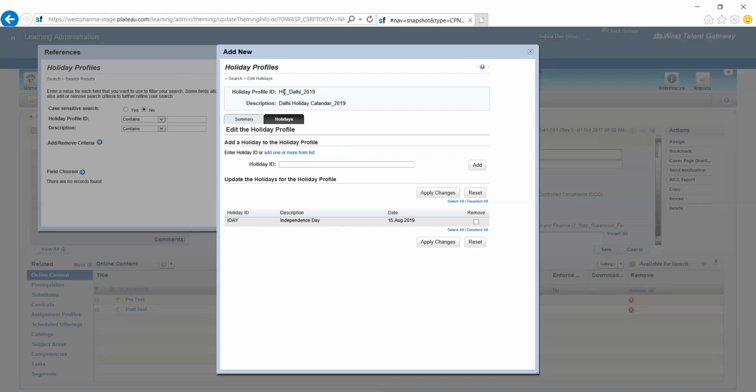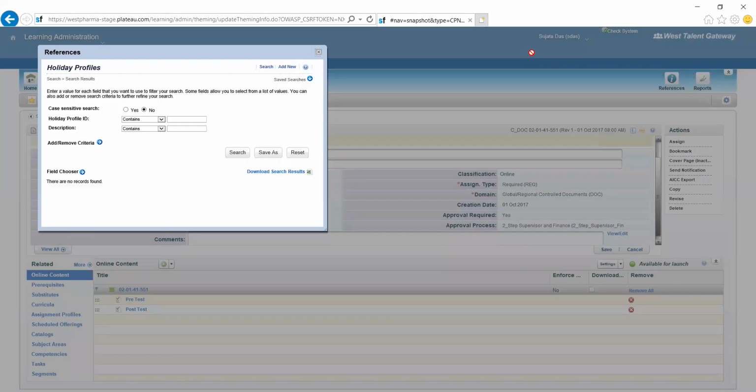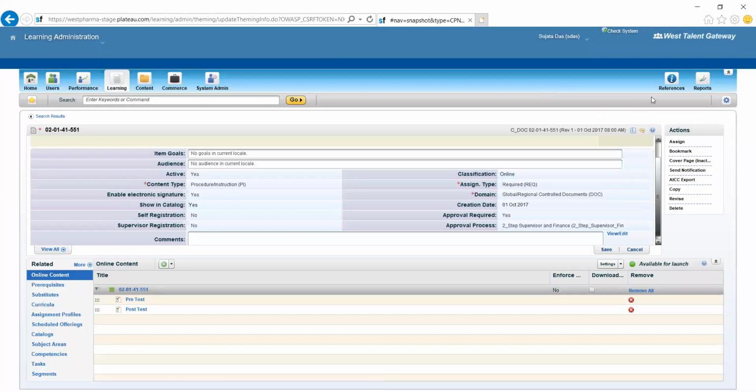We can mirror it from the holiday calendar which you have created in Employee Central. The same thing you can replicate, so that you will get an alert whenever you are creating any training planner or training calendar, and you can plan accordingly. During your scheduled offering, the system will tell you that it is conflicting because it is a holiday. That is the main purpose behind creating this holiday and holiday profile. It is simple. It is just the creation of this calendar timing.